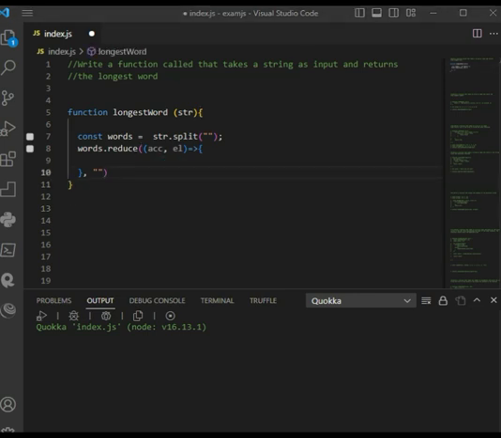So now we have to update the accumulator based on whether the current word is longer than the previous longest word, ensuring that the accumulator always holds the longest word found in the array of words, this one. So return